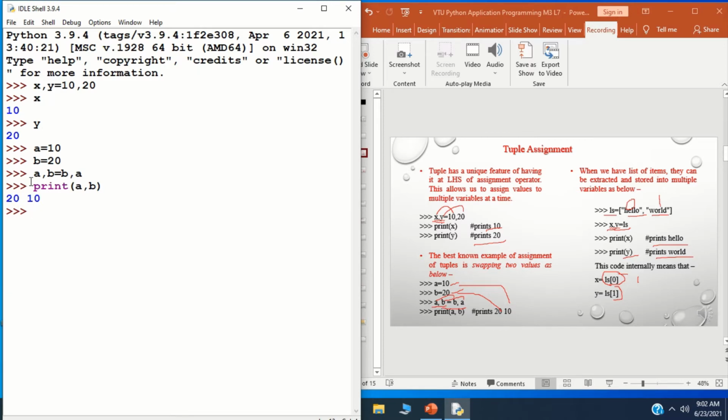So 20 is the b value and 10 is the a value. The variables are a comma b, and after that I am using an assignment operator. The assigned values are b and a. This is the first position and this is the second position. The first position value is 20 and the second position value is 10. That's why the interpreter prints 20 and 10.